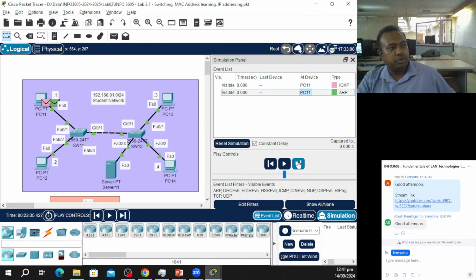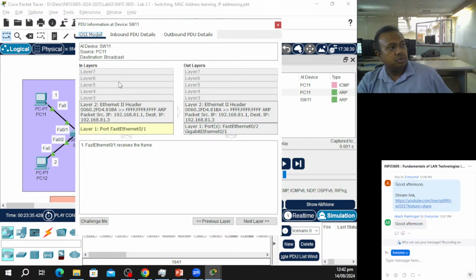I'm going to do a step through. So this is basically before ICMP even continues. There's a lot of things happening first. ARP is going to be going through. So it's sending ARP, and ARP gets a little more complicated. So we're looking at this, it's actually coming in